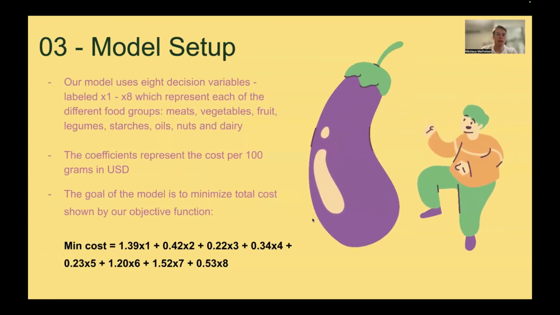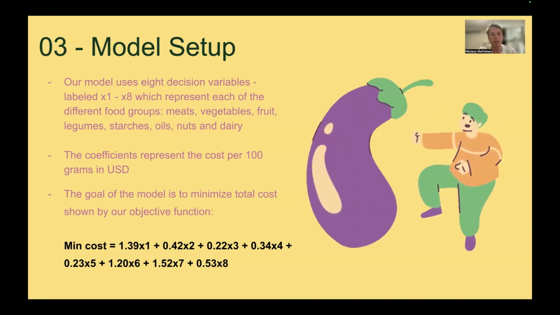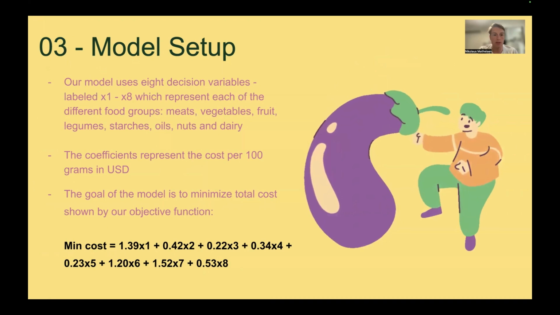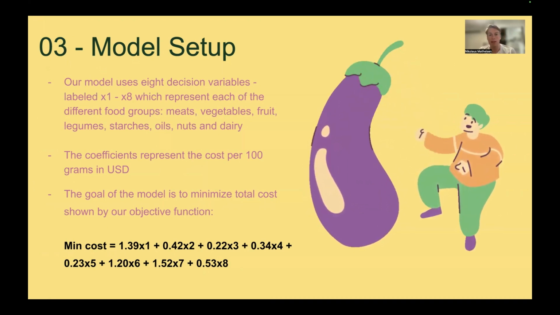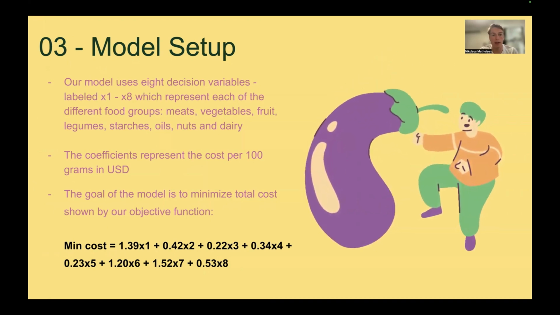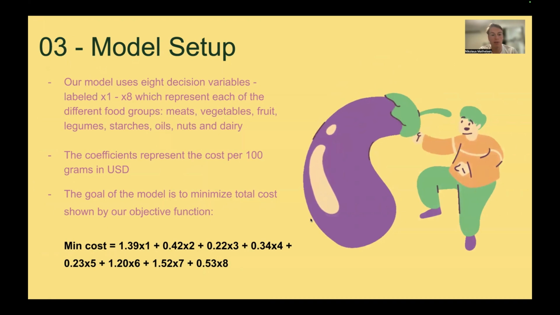So our model uses 8 decision variables labeled X1 through X8, which represent each of the different food groups: meats, vegetables, fruit, legumes, starches, oils, nuts, and dairy. And the coefficients below represent the cost in US dollars per 100 grams of each food group. As we said before, the goal of the model is to minimize total cost, which you can see in our